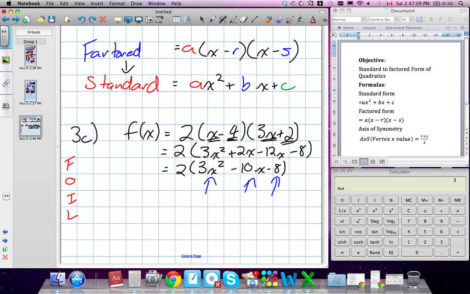But I do have this 2. Now it's important this 2 gets distributed to every number in the brackets. Okay. So essentially we're now going to get 2 times 3x squared is, 2 times negative 10x, and negative 8 times 2, and that's it. We're now in our standard